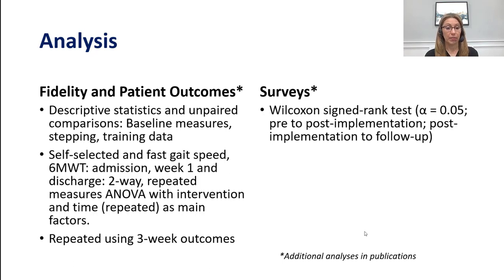And for our outcome measures, self-selected velocity, fast velocity, and 6-minute walk test at admission, week 1, and discharge, we used a two-way repeated measures ANOVA with intervention and time as factors. And then we did this again using the 3-week outcomes. So we looked at admission, week 1, and week 3 because we discovered that our implementation phase patients had a